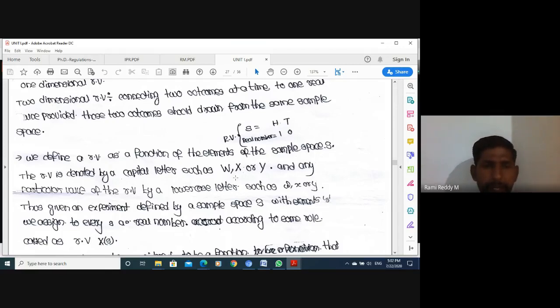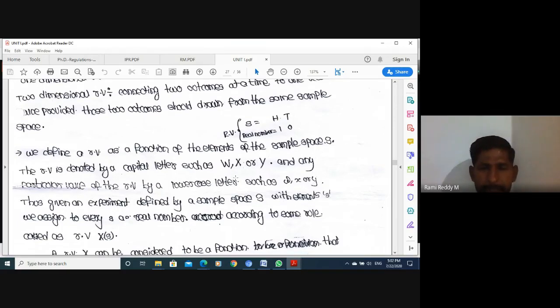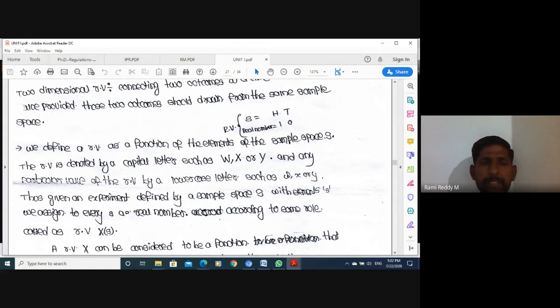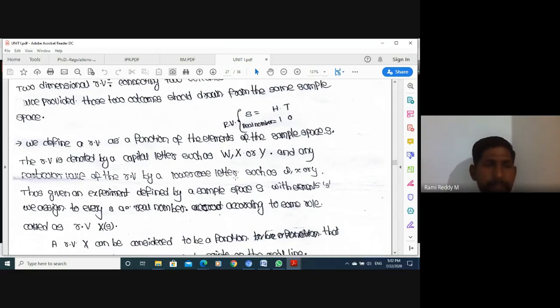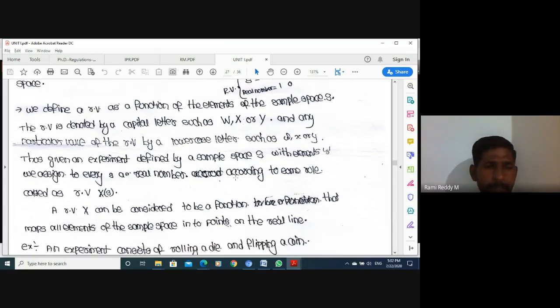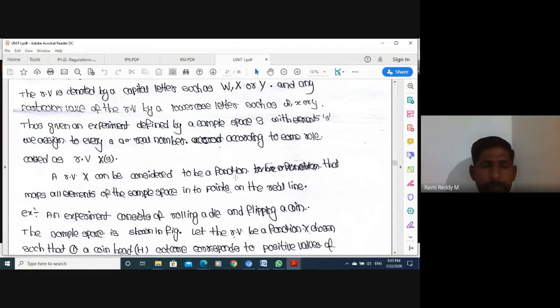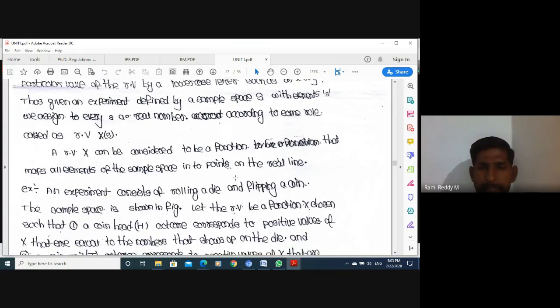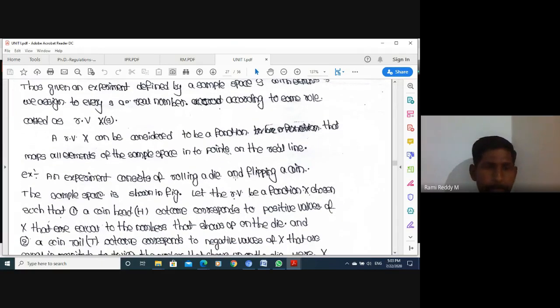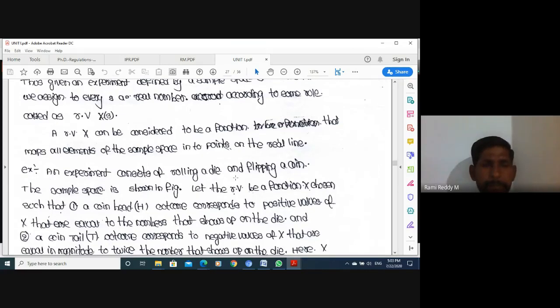Thus, given an experiment defined by sample space S with elements small s, we assign to every small s a real number according to some rule, called the random variable X(S). Random variable X can be considered to be a function that maps all elements of the sample space into points on the real line. For example,